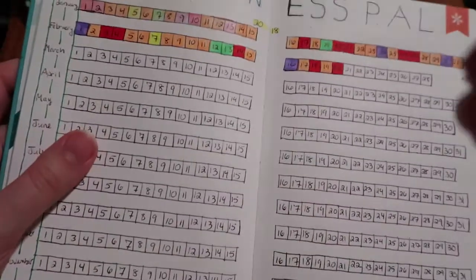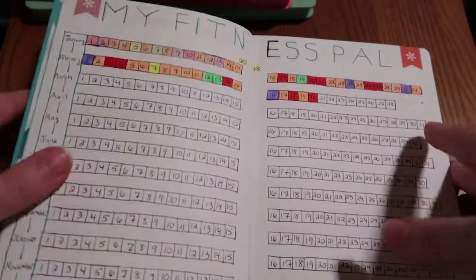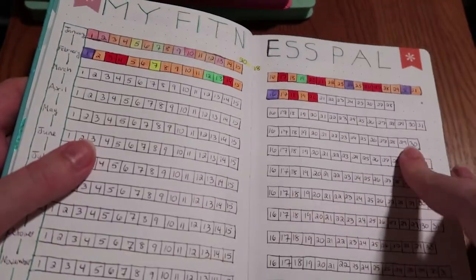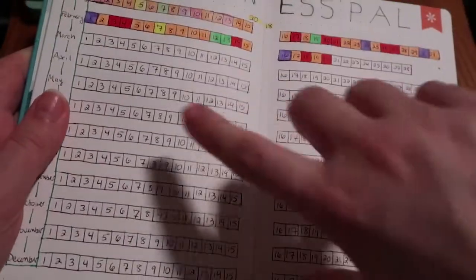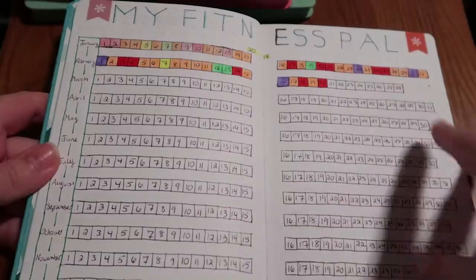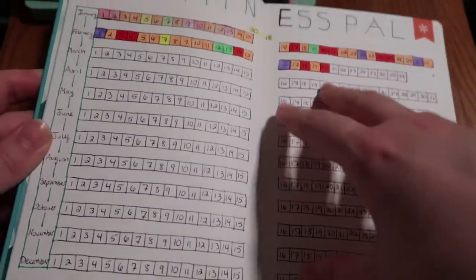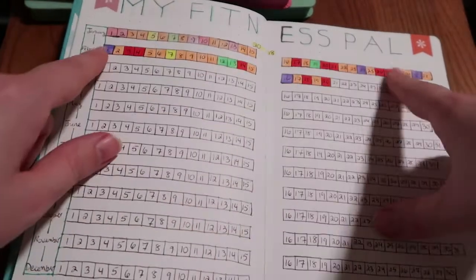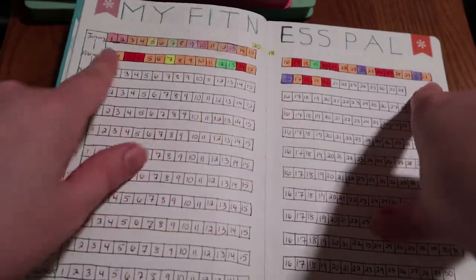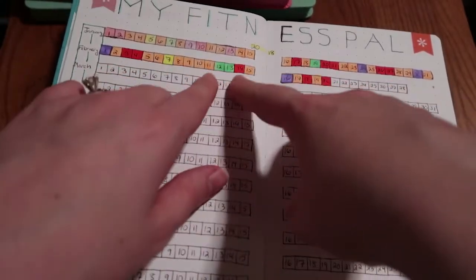So my big goal for 2018 fitness is to track what I eat every single day, because it's something that I found to be really valuable when I stick to it, but the problem is sticking to it. So once again, I have a fill-in tracker. I have different color coordinations to correlate with how many calories I ended up eating. And so red is bad. I've been doing kind of bad in the beginning. The first month, my goal was just to track every day. I didn't worry about how many calories I was actually eating, and now I'm trying to focus on actually eating the right amount. You can see the holidays, they kind of